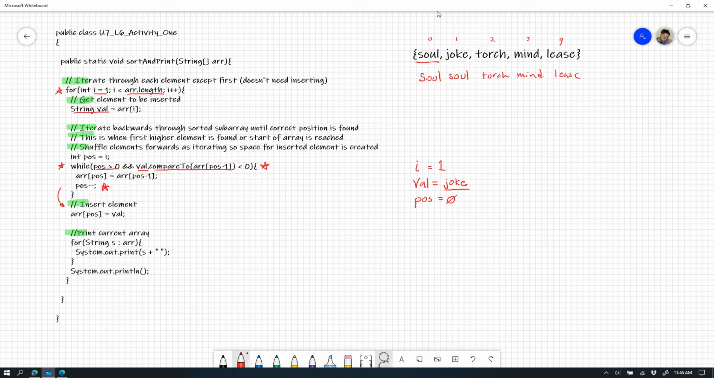And now it's going to come down here to this place, and it's going to insert my element at my array. Position is going to equal val. Remember that position is 0 now. So it's going to replace whatever is in position 0 with val. And so my new one is that I'm going to put in joke where the position 0 is. So now it's going to be joke, soul, torch, mind, and lease,